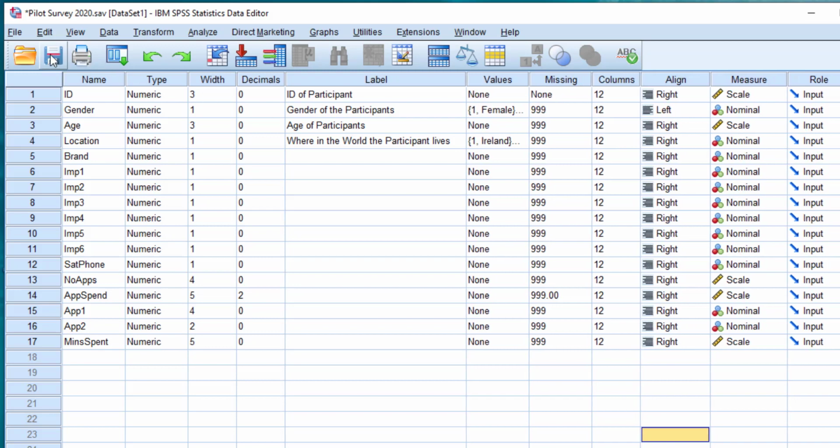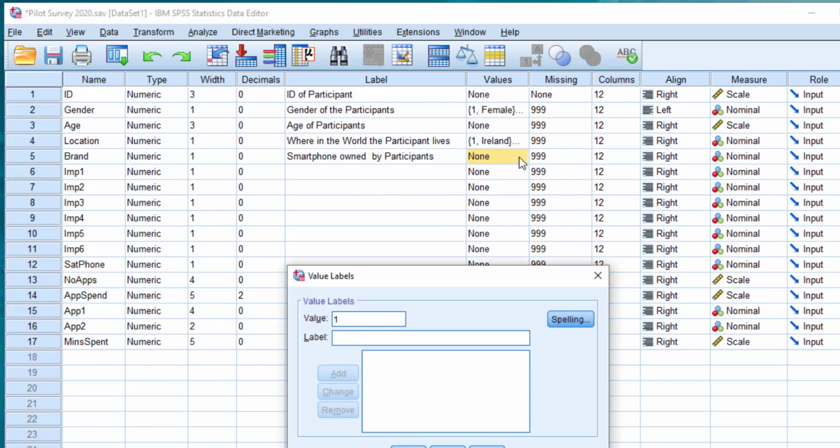Okay, I'm going to save that because I've gone down a few things now and I don't want to lose anything. So the next one is brand. What brand have they chosen? So basically, smartphone brand. Smartphone brands. Am I saying that right? I'm not. I'm going to say smartphone owned by participants. That's better. Again, value. Yes, we have values, so we need to go in here, and 1 is Apple,